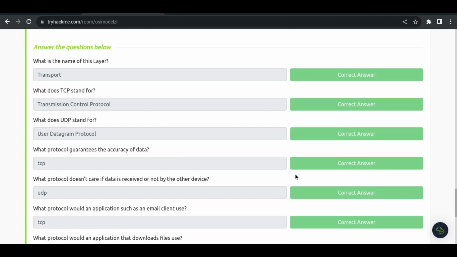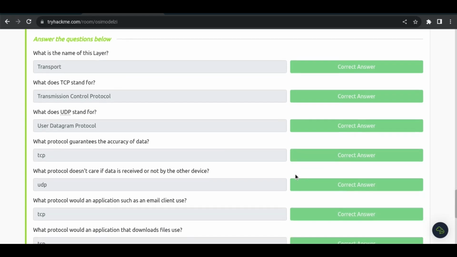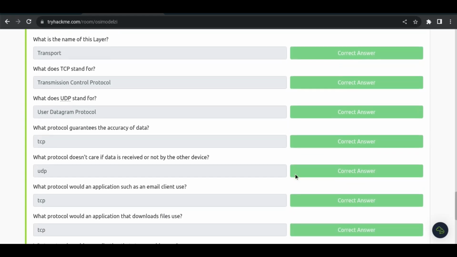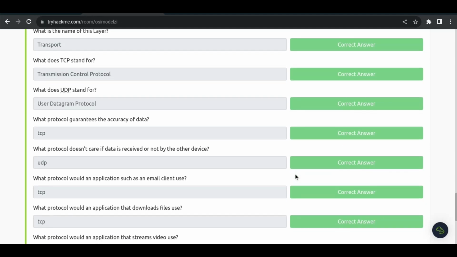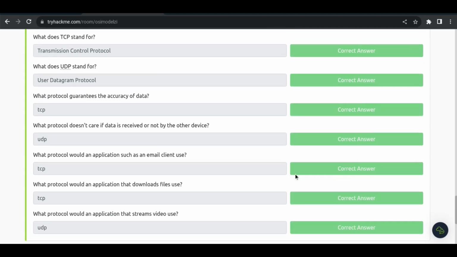Next question. What protocol would an application that downloads files use? And that is TCP. Moving on to the next question. What protocol would an application that streams video use? And that's UDP. And guys, that concludes this